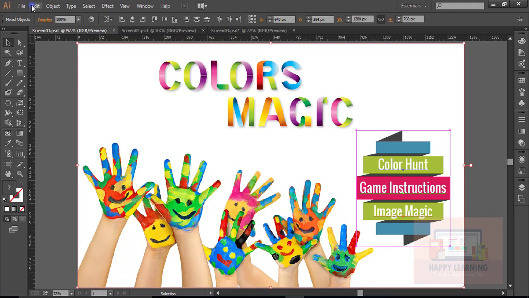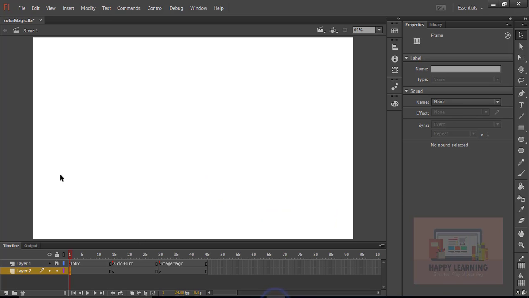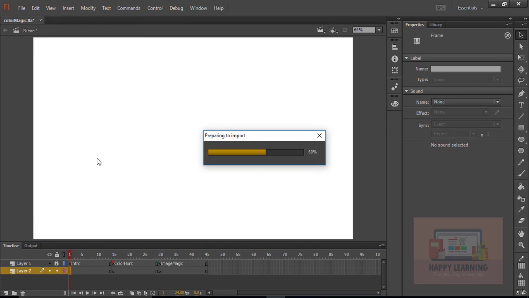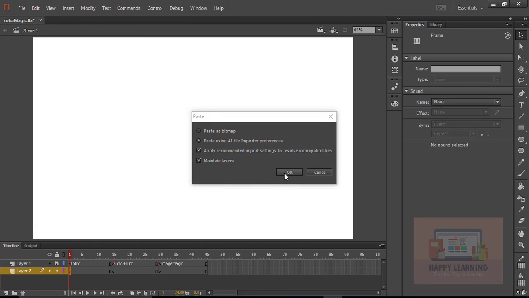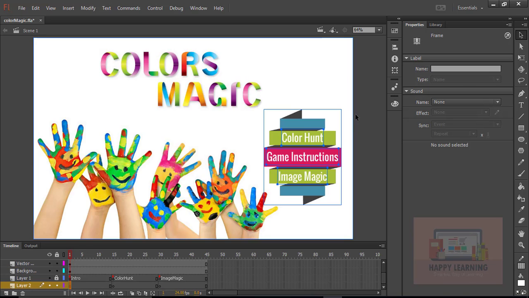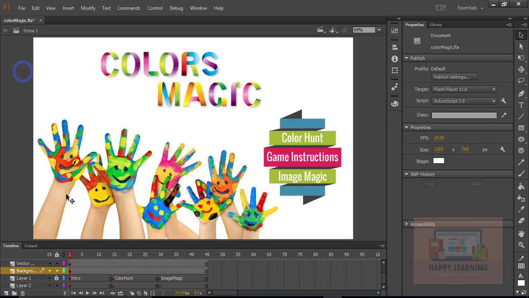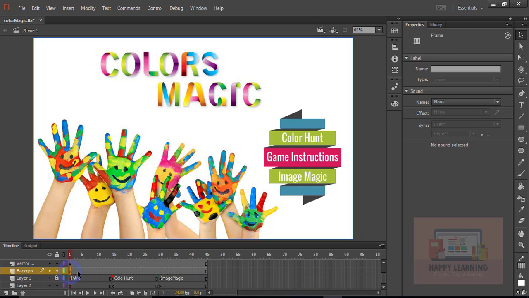So let's select all the objects from Illustrator and copy them, and we just need to come back to Flash to paste them. So select the first keyframe and just paste it there. Click OK to paste them, and they'll be pasted in all separate layers. So we just need to select all the objects